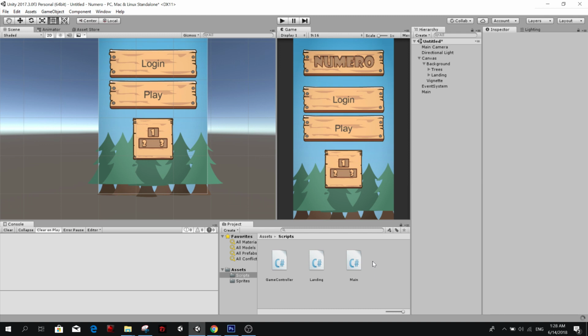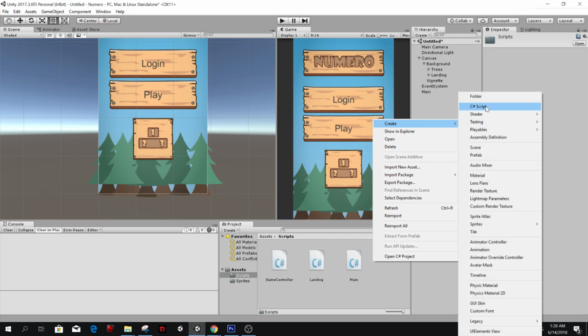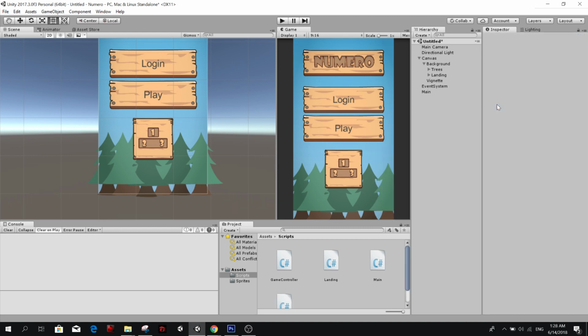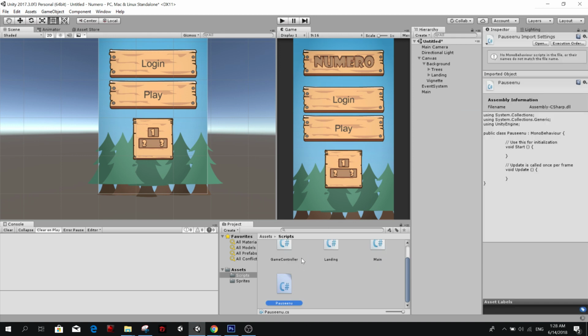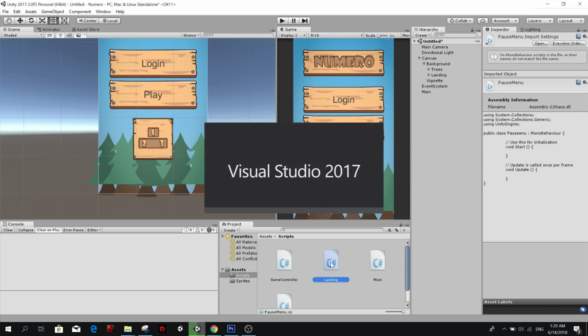I'm going to make a script called pause menu. Remember, press F2 to rename something magically. So these are all classes. So let's go into all of them. Now we're touching code.